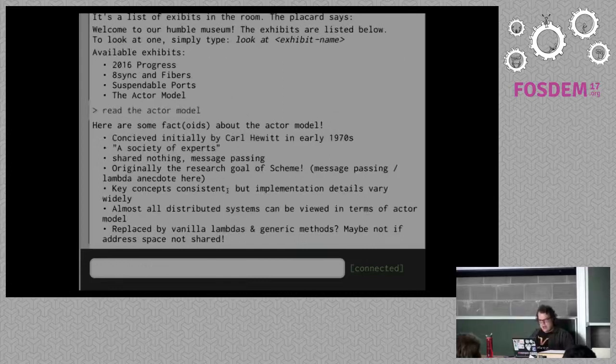It was originally the research goal of Scheme. So this actually brings us back to Scheme's roots. Scheme was originally created when Gerald Sussman and Guy Steele were trying to explore the actor model. Then they also tried to build in this version of the lambda calculus alongside it, and they suddenly realized that the way they passed in the arguments and the way they got things back were exactly the same. And they were like, these are the same thing. Now, it turns out they're not exactly the same thing, but it's pretty close.